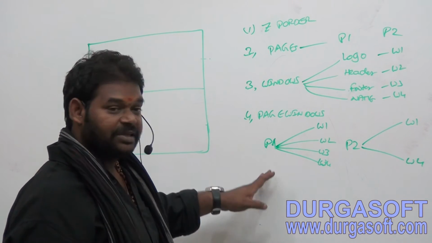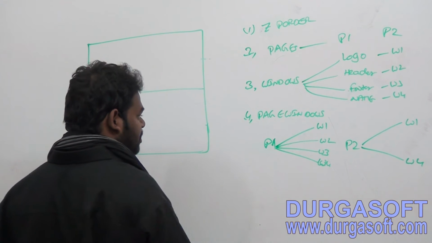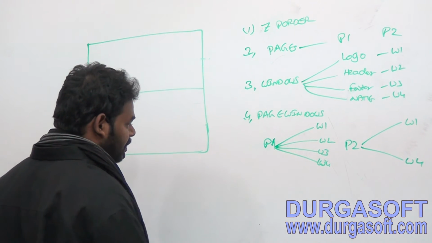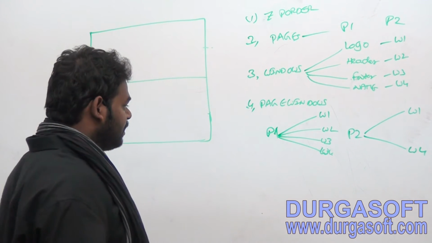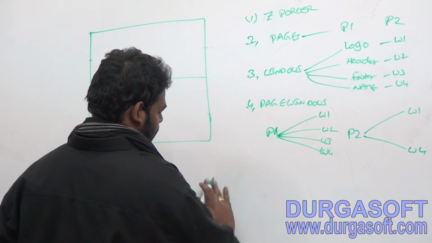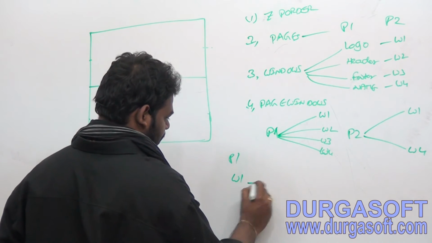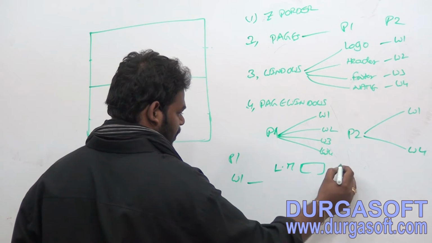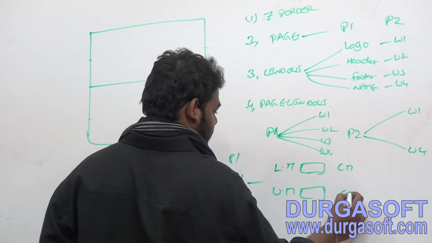Like that, whatever pages there will be and where it has to be stored, where it has to come. And even when preparing this, we need to maintain the measurements also. Say, for example, if it is in DIN A4, that is A4 paper size. In this A4 paper, in page 1, window 1, that means the logo has to come into the left margin with centimeters and upper margin with centimeters, and